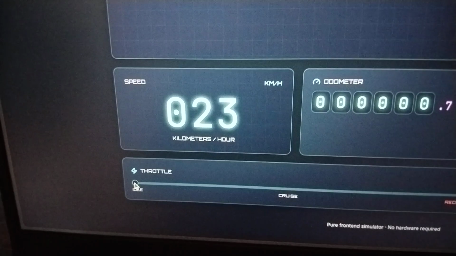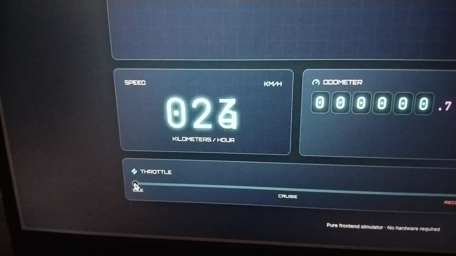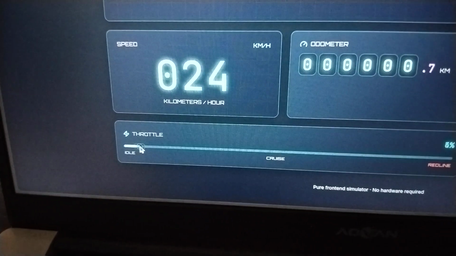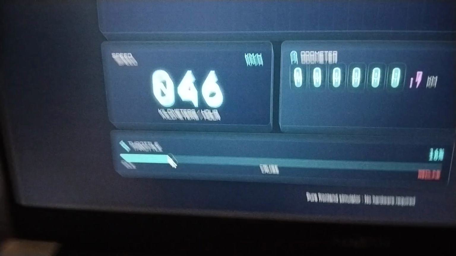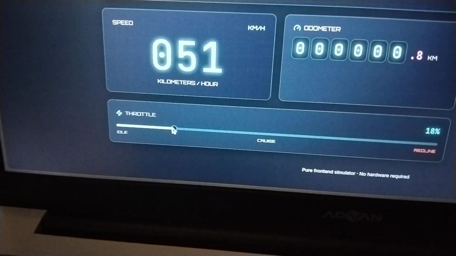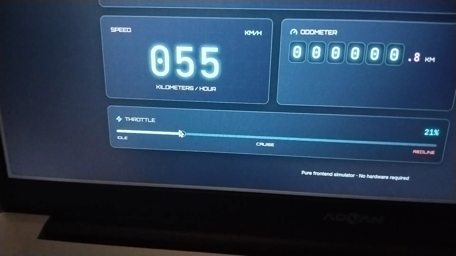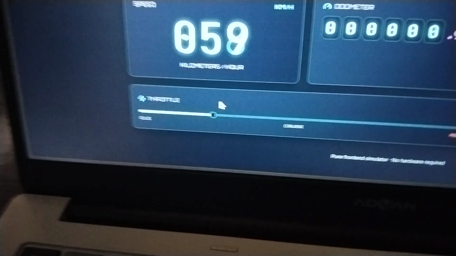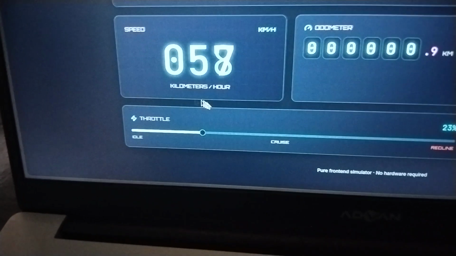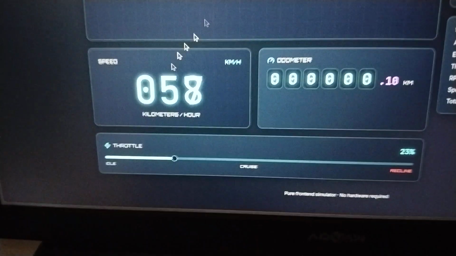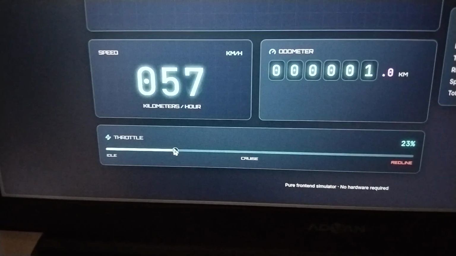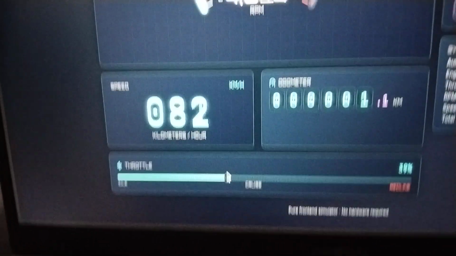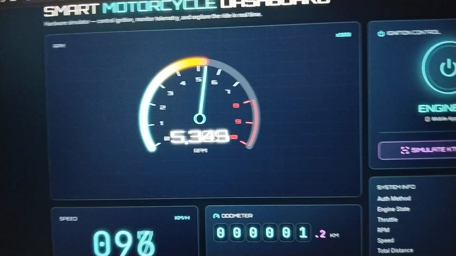Below RPM we have this throttle slider. As I drag this to the right, like this, the speed starts climbing, and the RPM needle moves smoothly toward the red line. If you see here, I drag this to the right slowly, you can see the RPM.